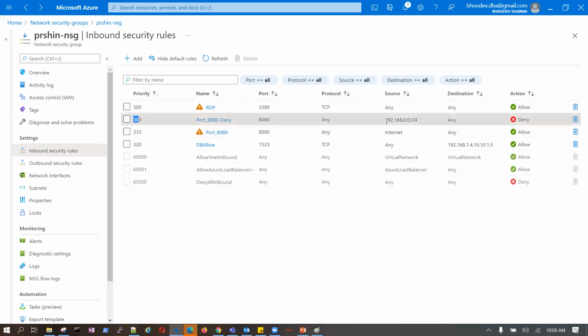Now, from this IP address my traffic is denied, and the rest of my web servers or the web connection will continue from the internet. Is that clear? Is that clear, guys? Not clear? Because you are already in a live environment, you are working. So can there be thousands of IP addresses that you have to block?